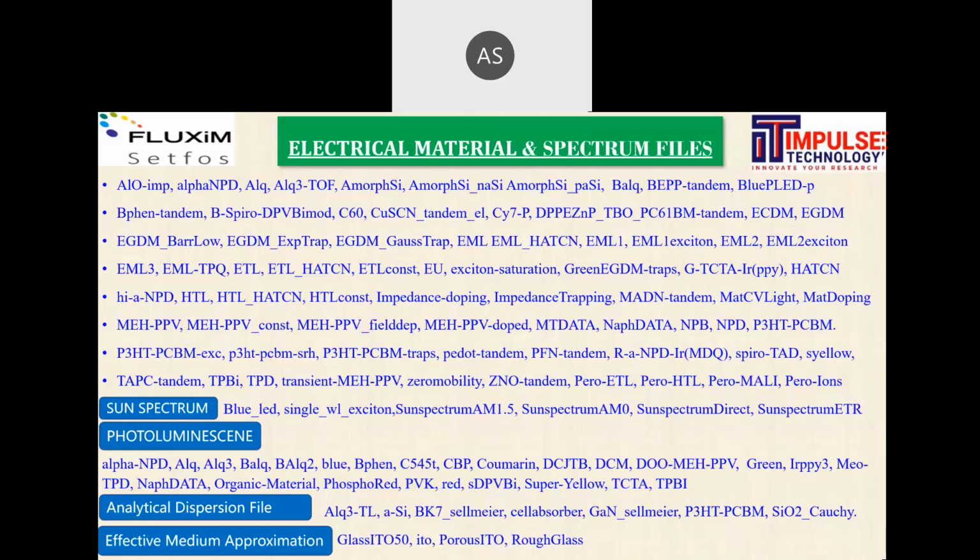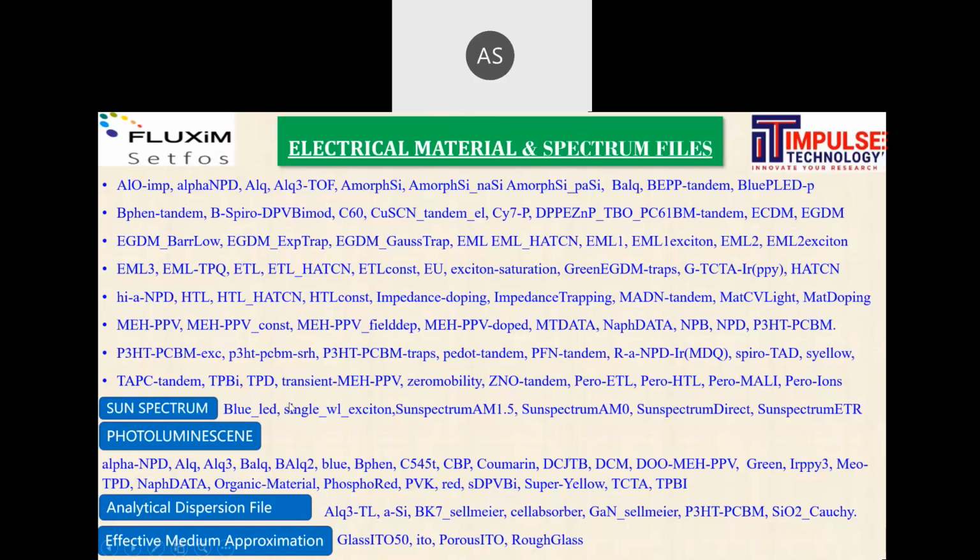And once your optical, electrical, or boundary condition is set, then it comes to the sun spectrum. This sun spectrum is basically where you can define the single wavelength, swept wavelength, like air mass 0 sun spectrum for solar cell devices, air mass 1.5 global spectrum, direct spectrum, tilt spectrums. That sun spectrum will convert your diode into the solar cell, and accordingly you can find how much efficiency you are getting from your solar cell.